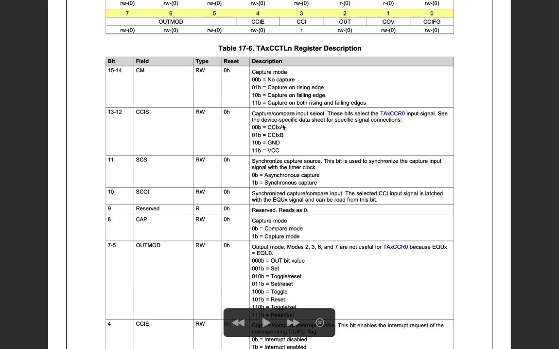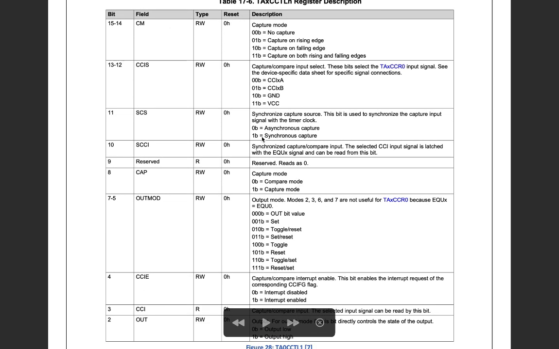As we showed, there were two pins we can use. And we will use it in the synchronous mode. Why are we using it in synchronous mode? So that it will be aligned with the clock, otherwise it can lead to race situations. So to avoid this condition we will use the synchronous capture mode.